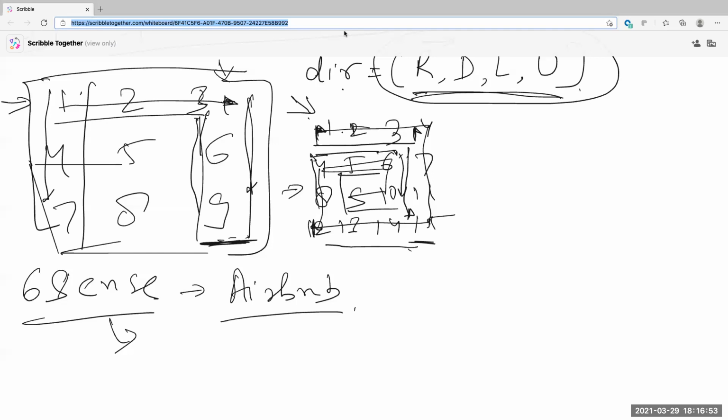As you visit an element, flip it. Flipping it and you're putting it in your result. Just change it to -1. Put it in your result and change it to -1. So that way, whatever direction you're going, if the next element you're looking at is a -1, change direction.